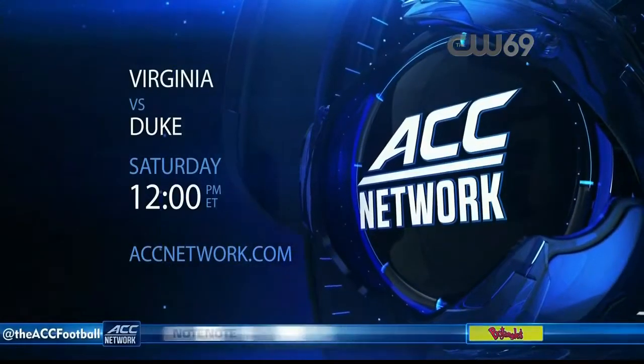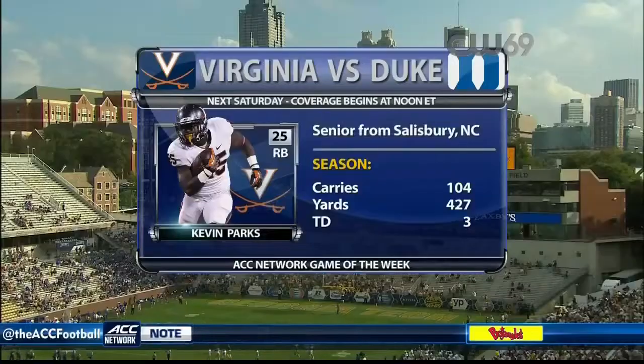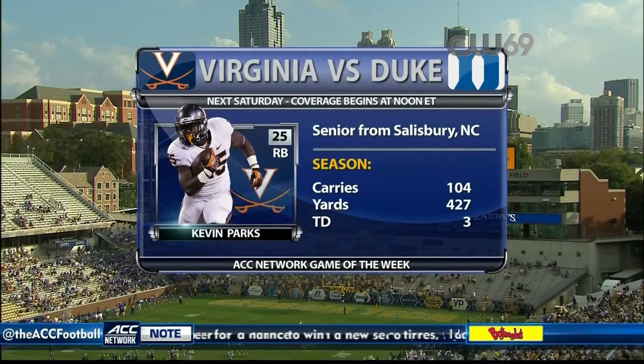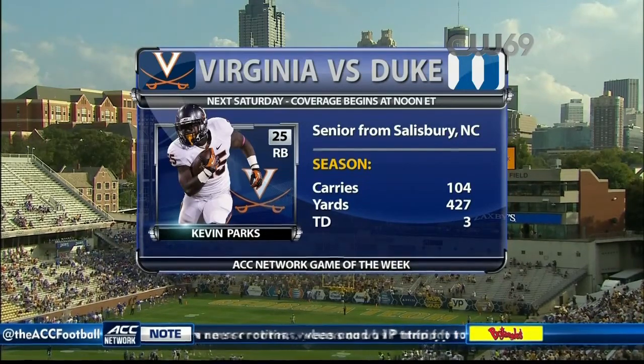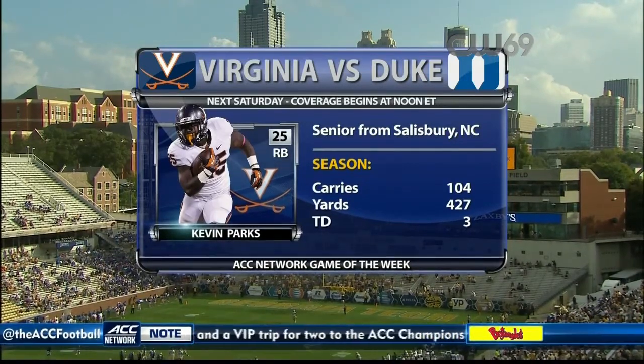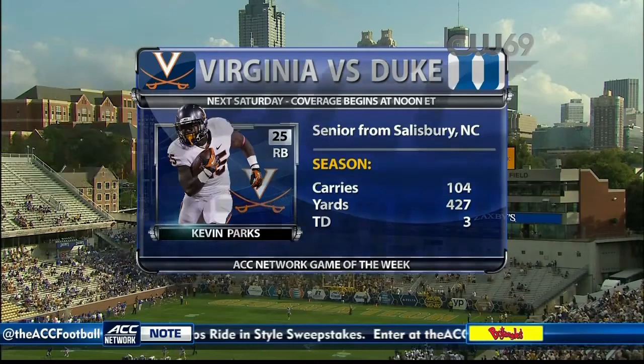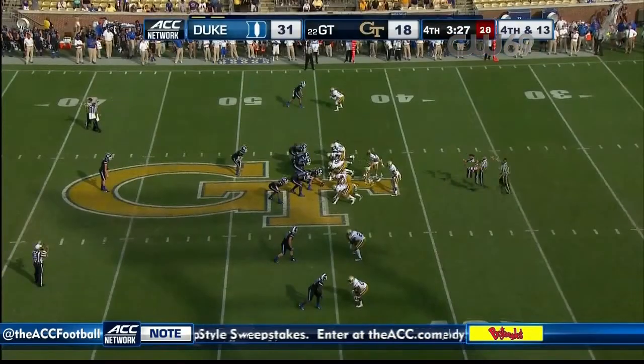Love watching Kevin Parks play. I think he's one of the great backs in the country. He does an outstanding job of hiding behind his big offensive line. That's their offense. How about the defense that is going to be on display in that game? Well,